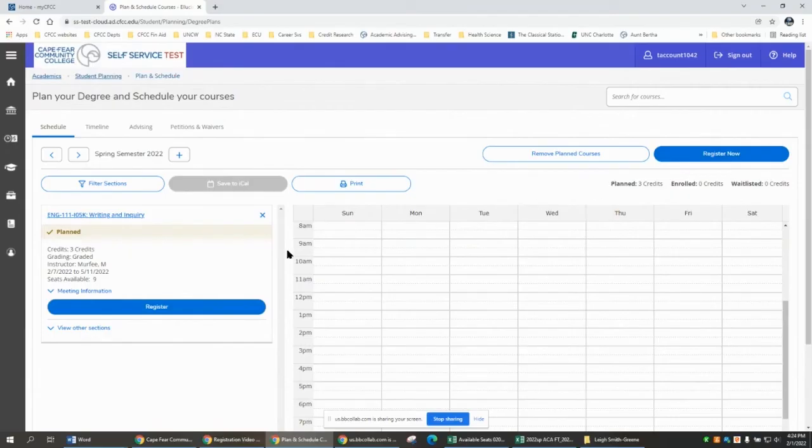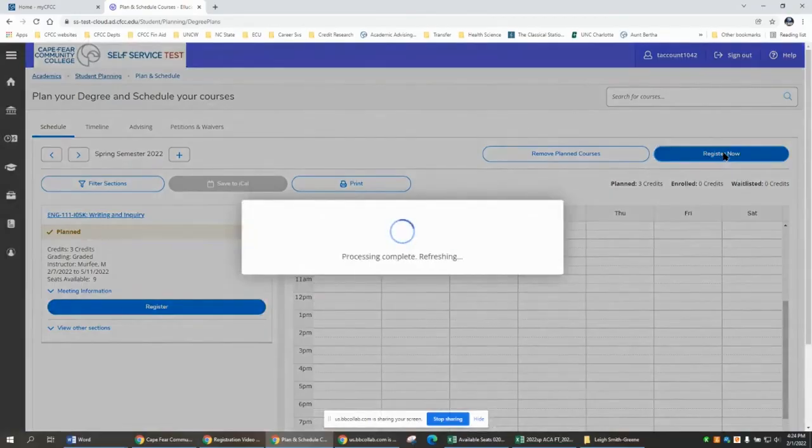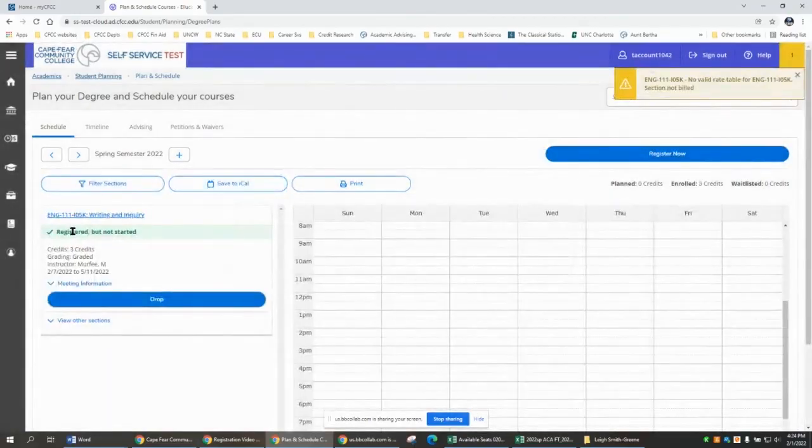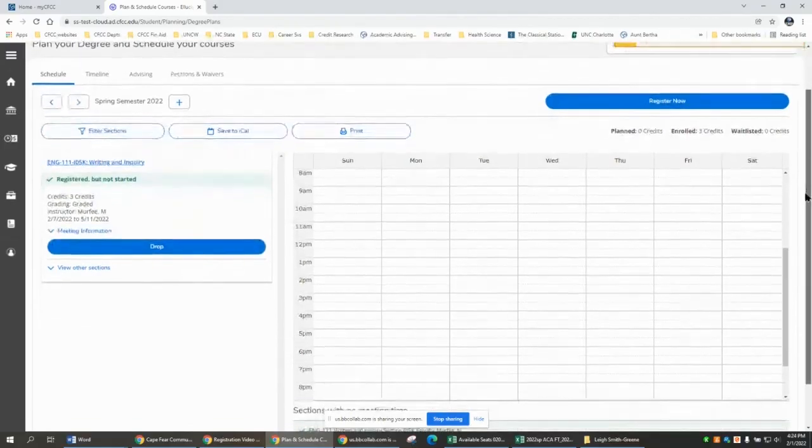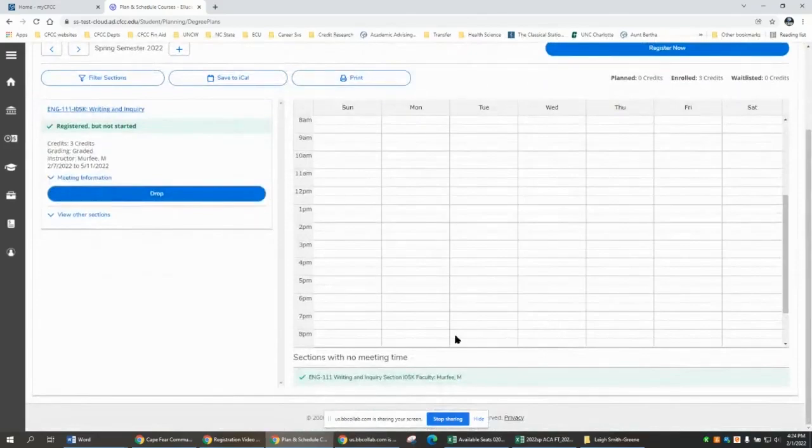In addition, if you're registering for a class that has a co-requisite, the system needs to see that both are planned. Use the register now. For that reason, I always use register now, and I'm clicking it. If we're successful, you'll see this turn green and say registered but not started. If the course had dedicated times, it would be showing on this calendar view. This is a section with no meeting time because we chose online,